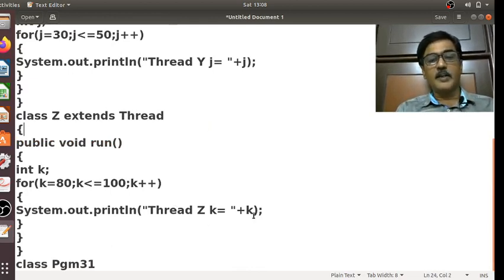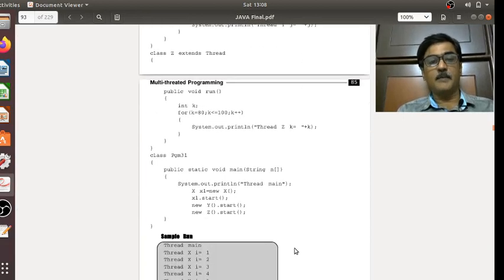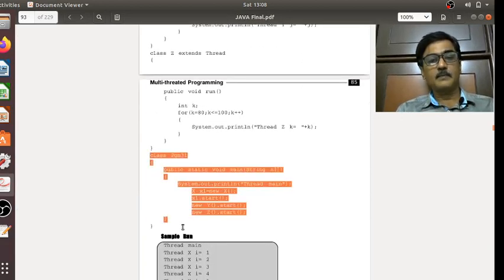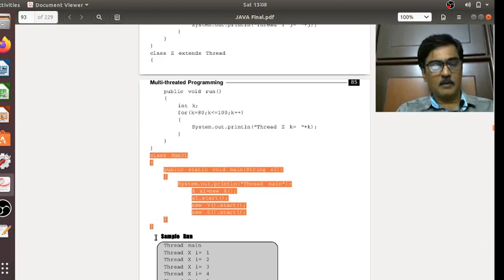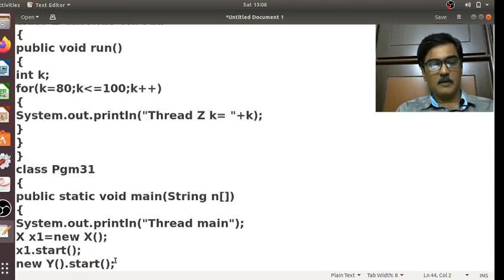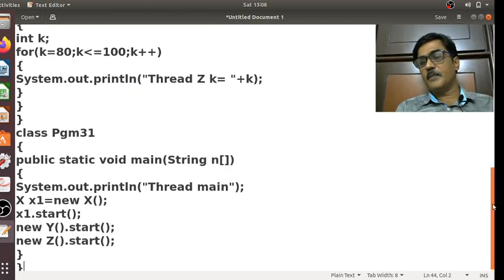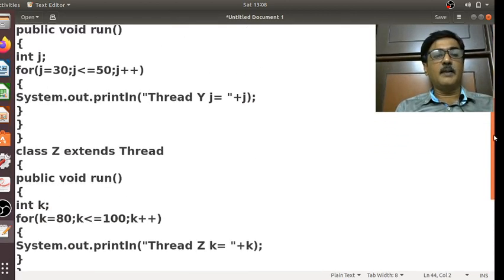This is not intended to come here. The program is not completely copied. I'll come back. So here it is the code. So I have copied the program.